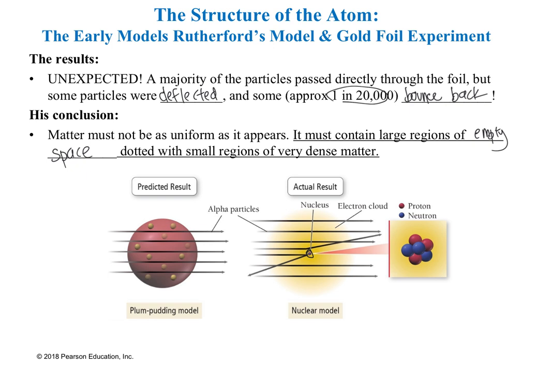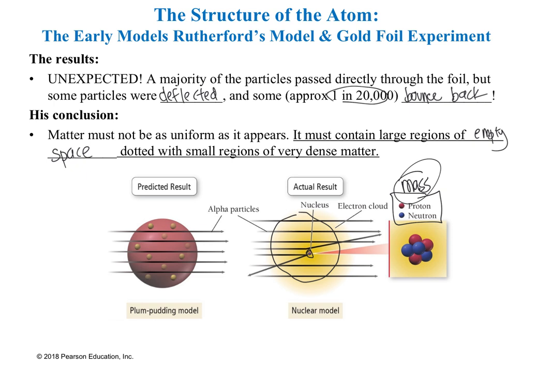So we now know that the nucleus contains the protons and the neutrons, and this is where the majority of the mass of an atom comes from, and it's really tightly held in the middle. And then a large part of the atom is the electrons, and electrons, while they have a charge, have a very low mass compared to the protons and the neutrons, and so we can consider them quote-unquote